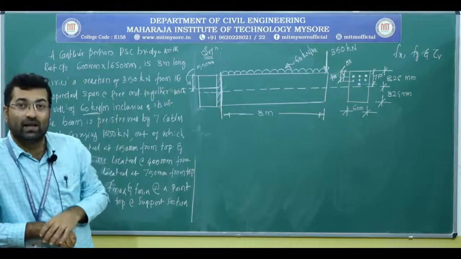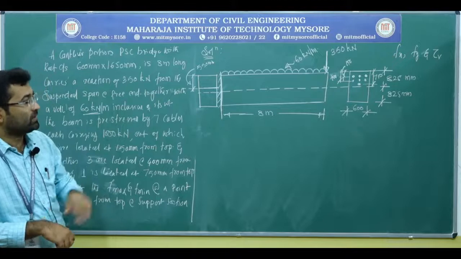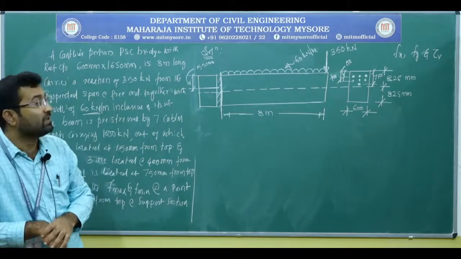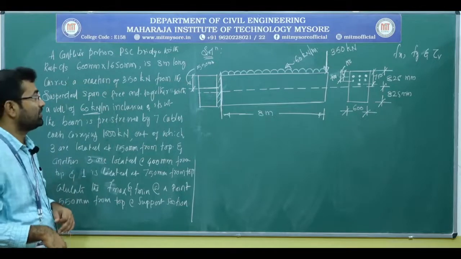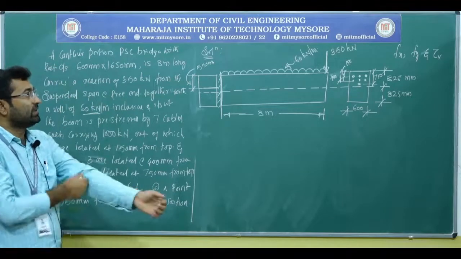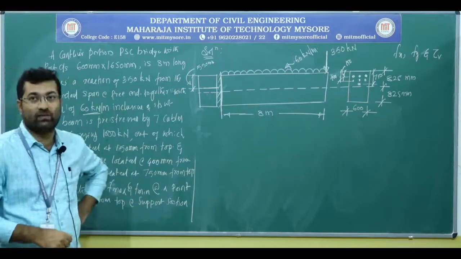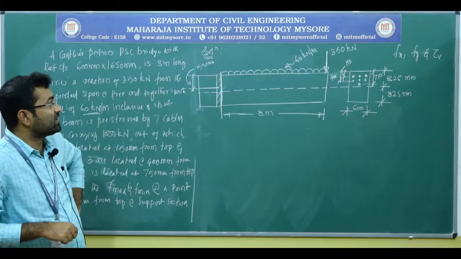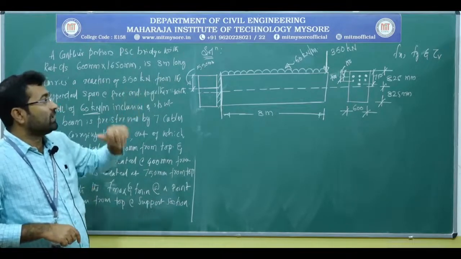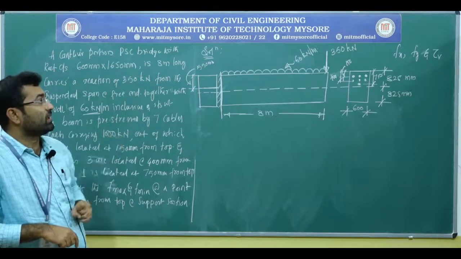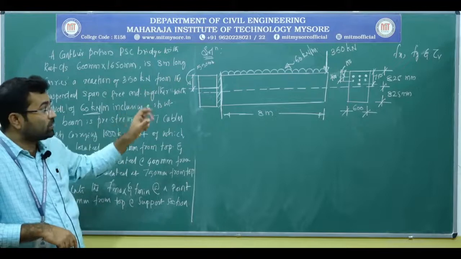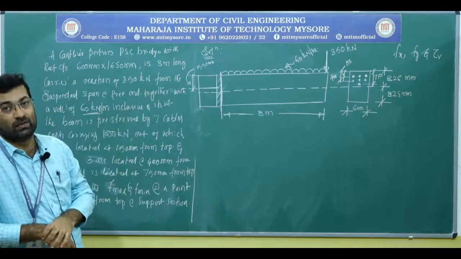So tau v we can calculate very easily without any problem, but whenever we are calculating the f of x, that is the stresses due to the direct pre-stress, it has to be calculated a little bit carefully, because apart from the pre-stressing force we have other loads, that is the external load and also the reactions from some other beam. So that also needs to be incorporated into the calculations.